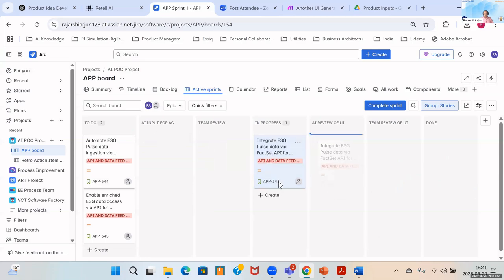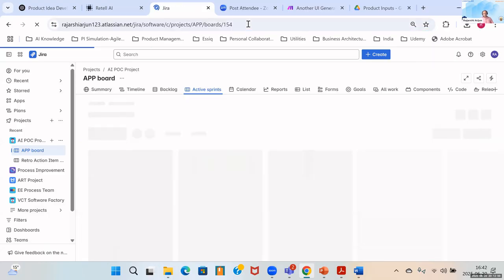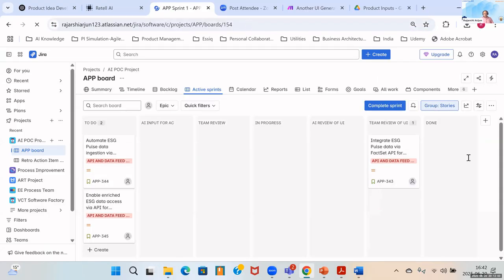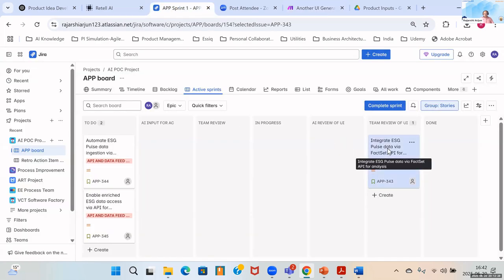So I move this over here and I just wait for some moments. Okay, so you need to wait because this process takes a little bit of time because it's an image generation, right? So it's going to take a little bit of time. So now let's see if it has generated the image.